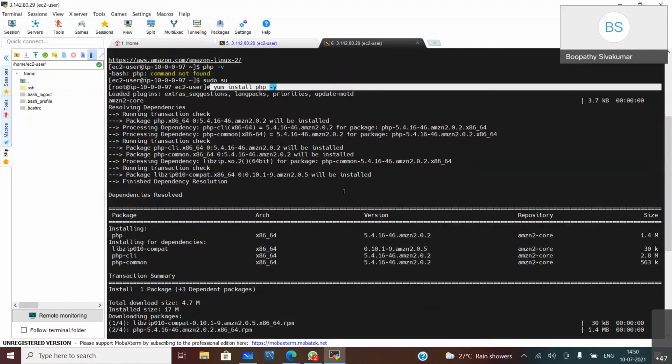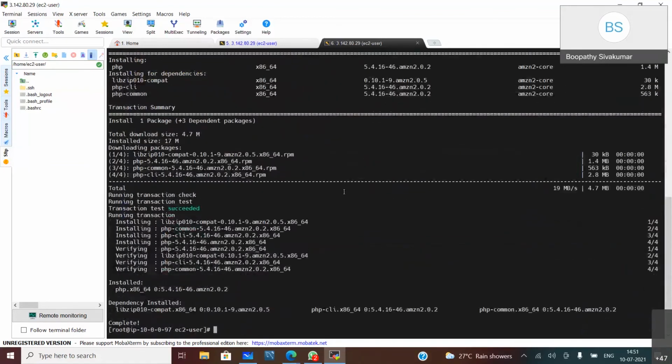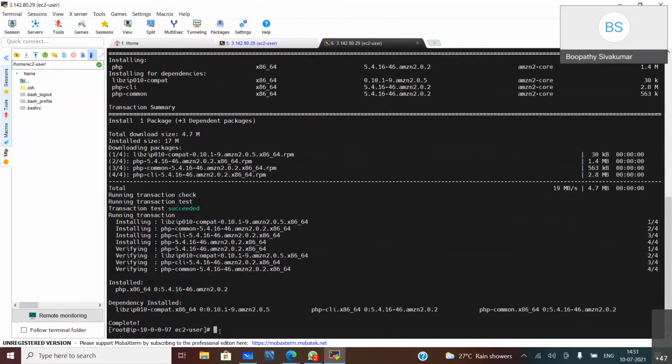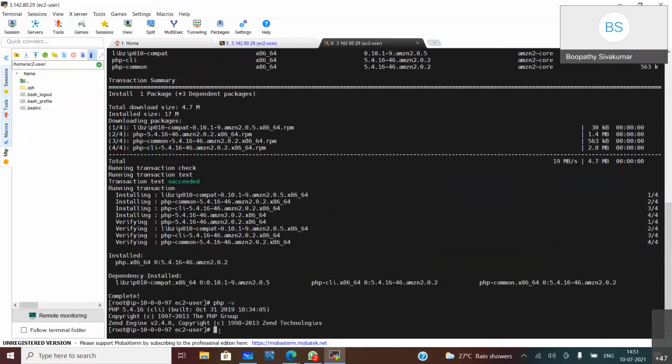Okay. If you scroll down, PHP would have got installed, and it will install all the dependencies required for PHP. Now issue the command php space -v. Now we see we have installed this particular version of PHP on the system.